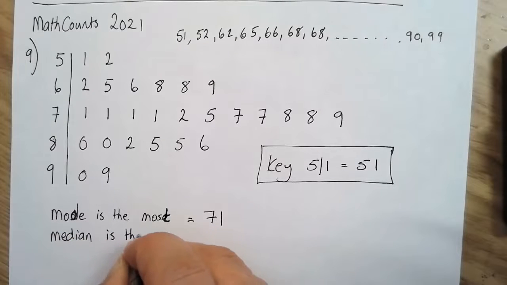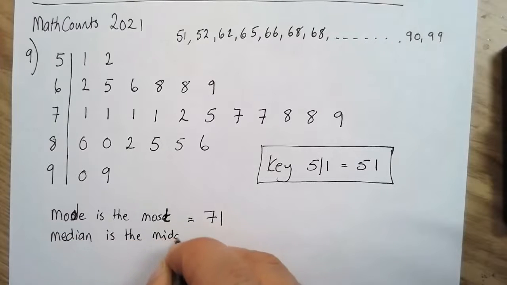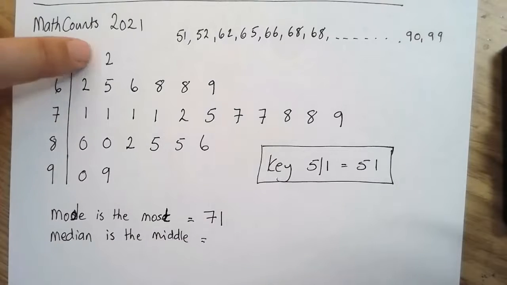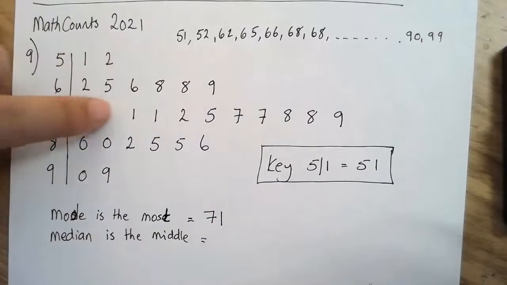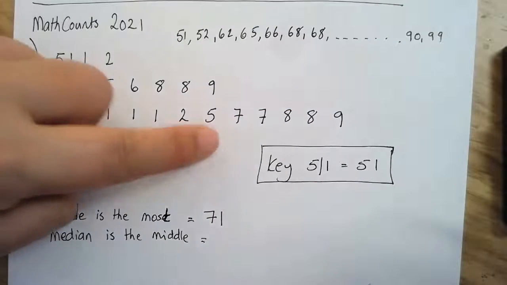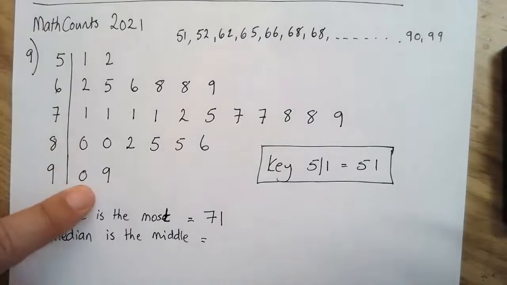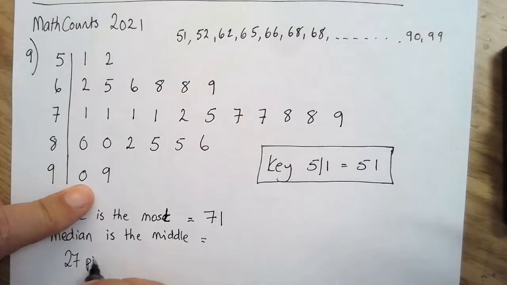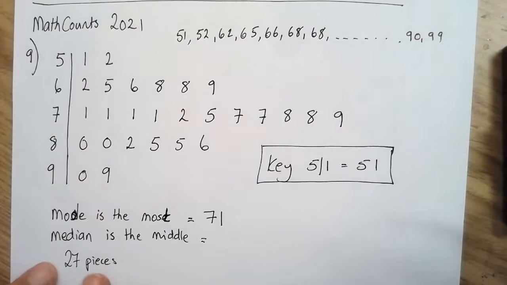is the middle. It's the piece of data in the middle. Now, if you count up all of these pieces of data, 1, 2, 3, 4, 5, 6, 7, 8, 9, 10, 11, 12, 13, 14, 15, 16, 17, 18, 19, 20, 24, 25, 26, 27. So there are 27 pieces of data. And if you had them in a long line, and then you started crossing them off until you get to the center, the middle piece